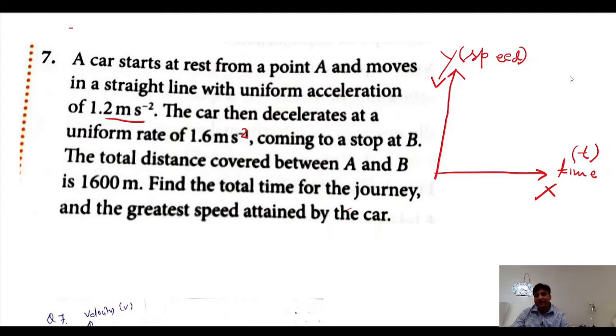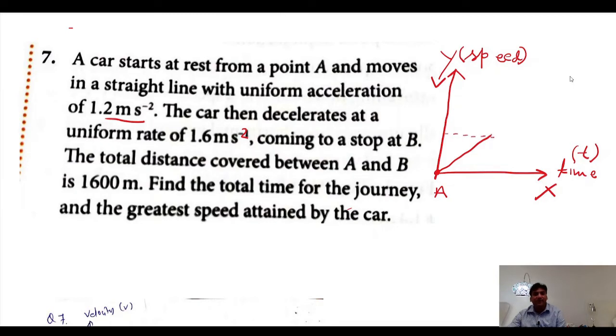The car starts at rest from point A. So rest means velocity or speed will be 0 and time will be 0, so that point I can say as A. Now it moves in a straight line, but it accelerates. It accelerates means velocity must increase, but it moves in a straight line. So a straight line means like this, and it will reach some